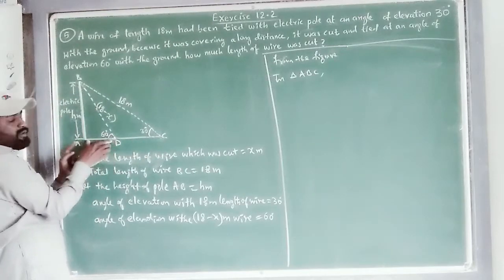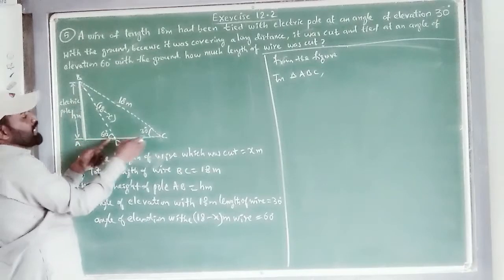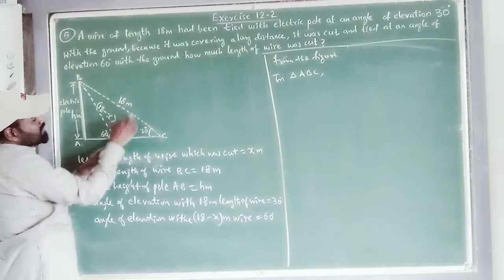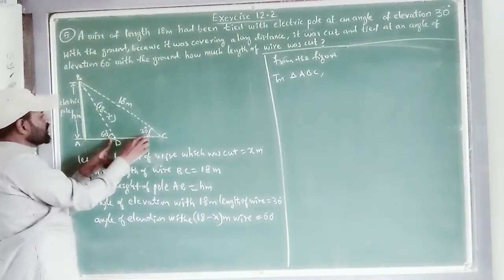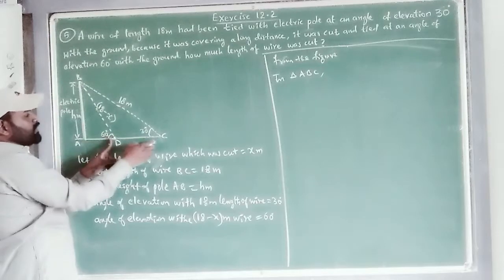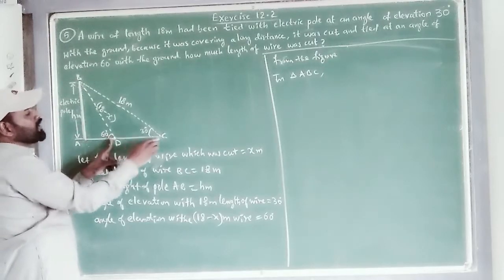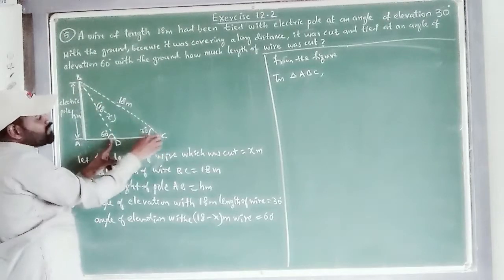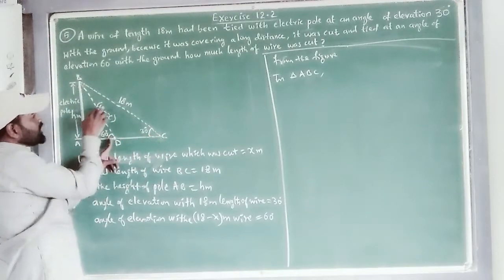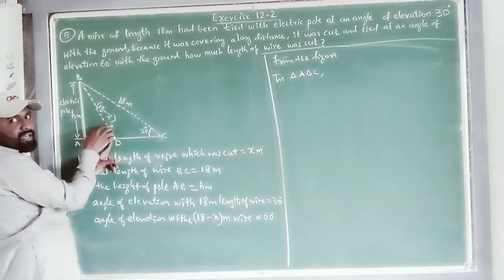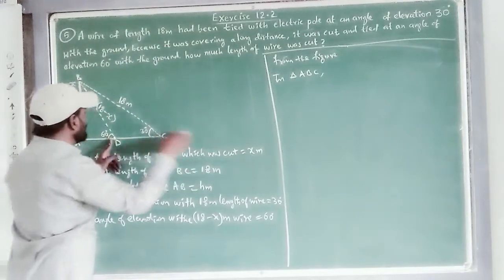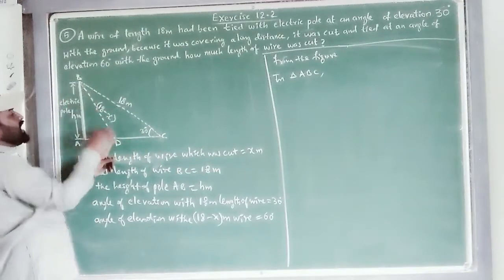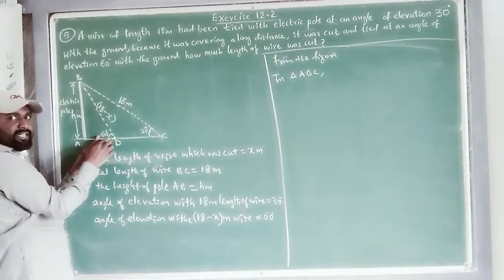Now the distance is covered, but the angle of elevation is increased from 30 to 60. The first time, when the wire is 18 meters in length, it makes an angle of 30 degrees. So in order to reduce the distance between the pole and the ground point where they tied the wire, they cut down some part of the wire, which was x meters, we do not know. So when the wire is cut, the distance is shortened, but the angle of elevation is increased. Now it becomes 60 degrees.